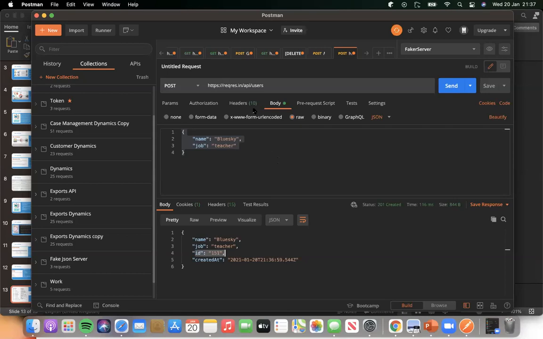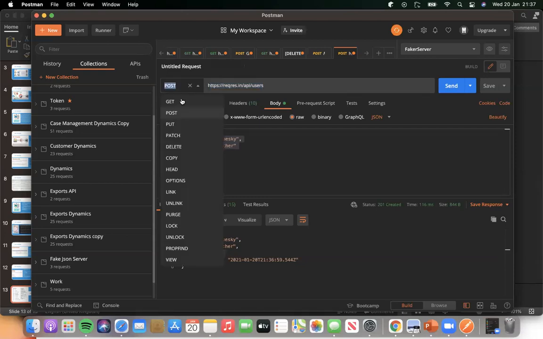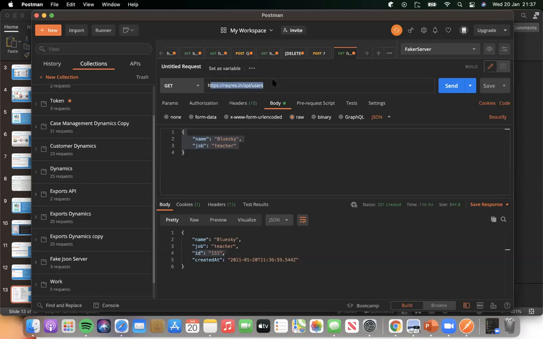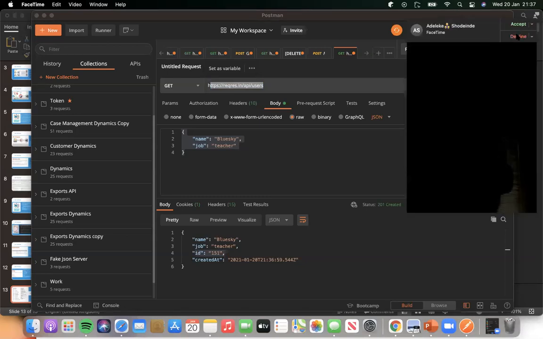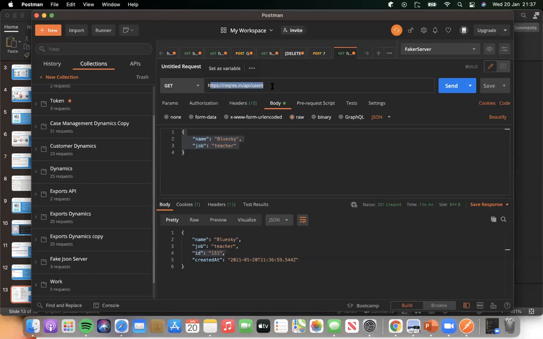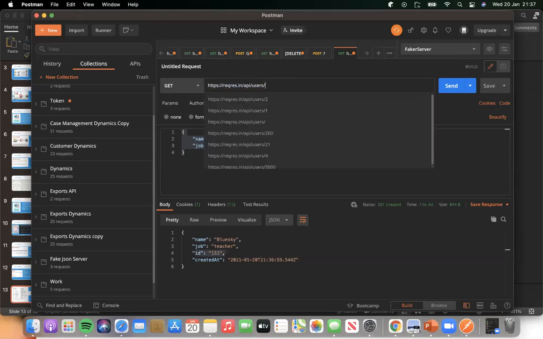Now, I don't know whether this particular API retains the information that you pass to it, but we can try. So if I now change this verb to a get request, and I say get me 151,